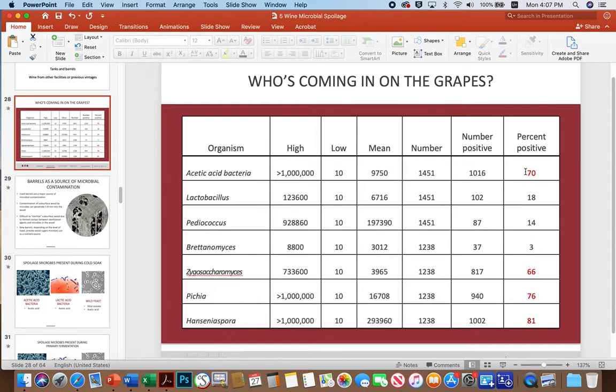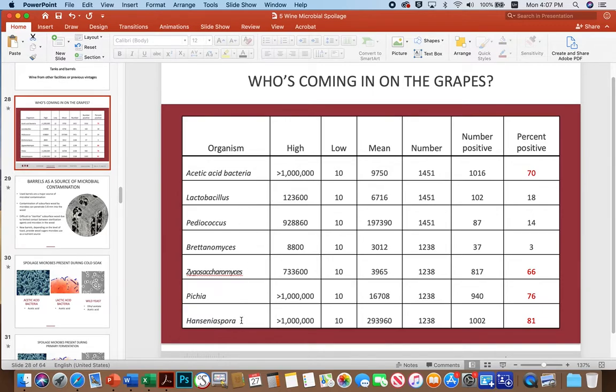What's interesting to note here is that 70% of the samples had acetic acid bacteria at some level. And so obviously you can use this kind of baseline information to figure out whether or not you might possibly expect a problem. Same thing with Lactobacillus and Pediococcus and Brett,